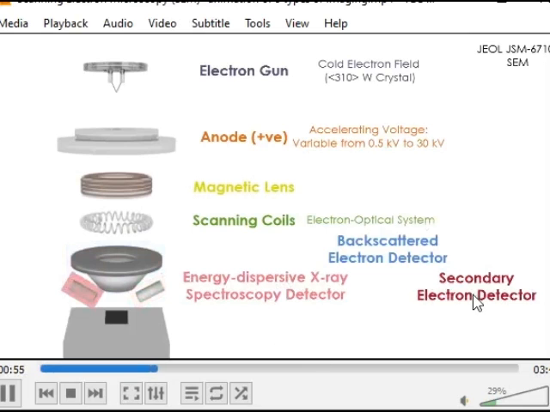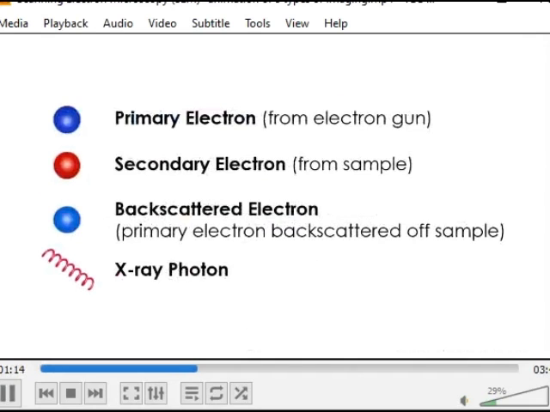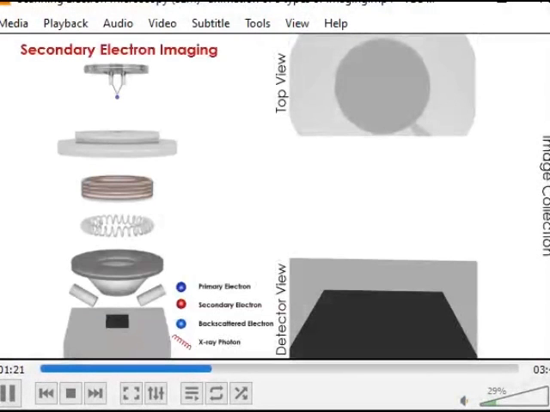And the next detector is the energy dispersive X-ray spectroscopy detector, where X-rays are detected. So the primary electron is emitted from the gun itself, and the secondary electron is emitted from the sample.